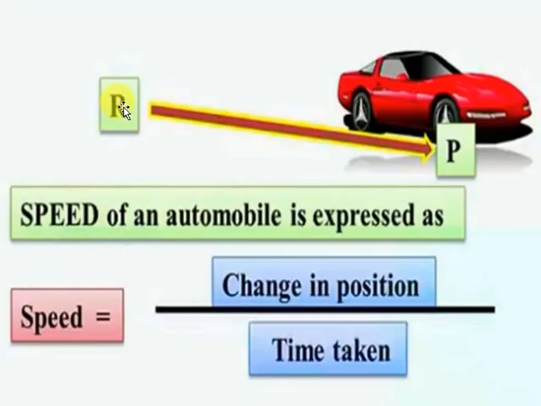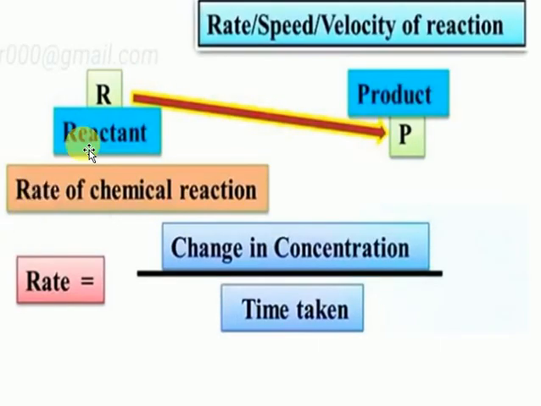Just imagine the reactant R is converted to product. Whenever reactant is converted to product, there is a change in the concentration of reactant. Rate is also called speed. Speed is the change in position per unit time. Similarly, in a chemical reaction, rate is nothing but